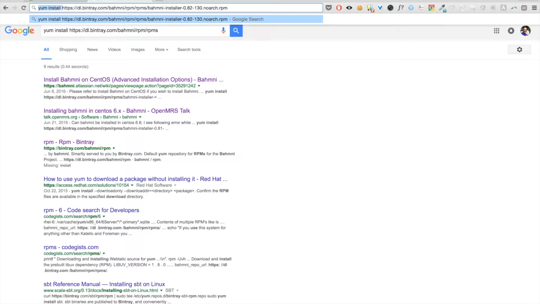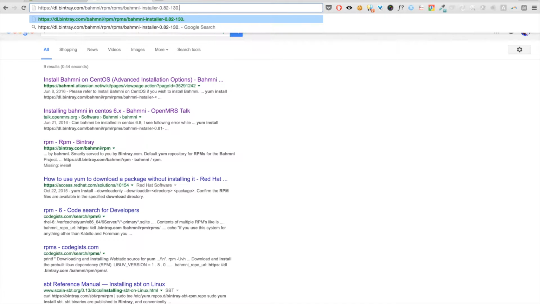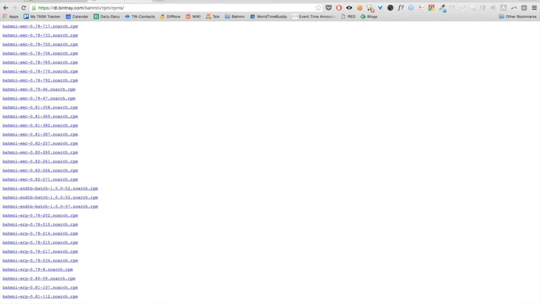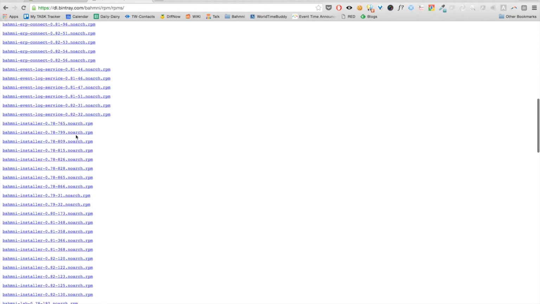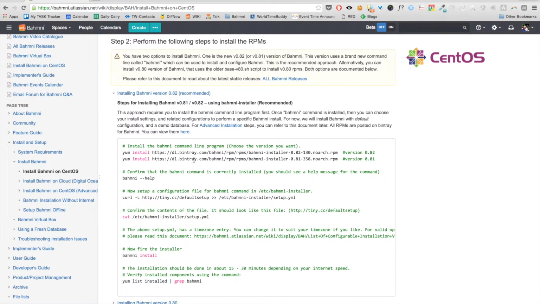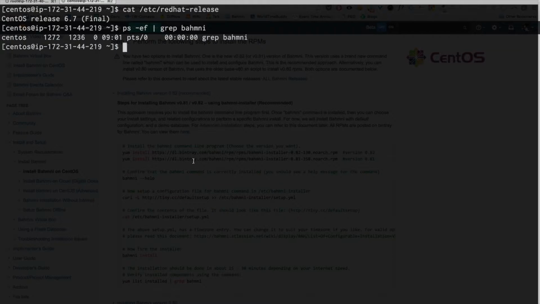Oh, that's because I didn't remove yum install from the front. So these are all the RPMs which are hosted here, different versions. We are installing the Bahmni installer RPM 0.82. Okay, so let's paste this command that we copied onto the command line.